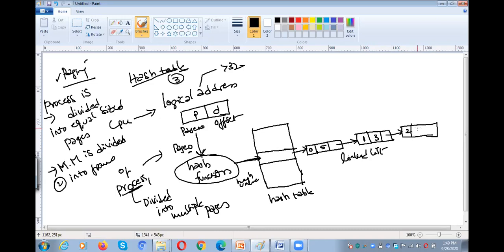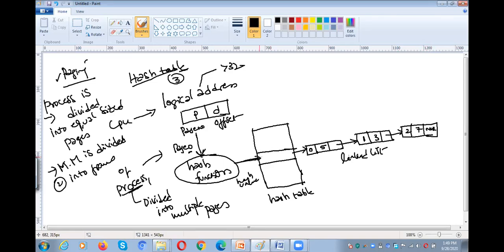Second page might be in the 7th frame. Like that, it will point to the next. For example, if a process has only 3 pages, then if it is the last page of the process, it will not point to anyone. So this is the last node. How can we know that this is the last node? Because the last partition is not pointed to any other node. That is the reason why we mention it as null.